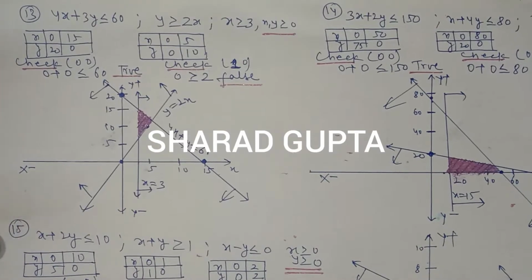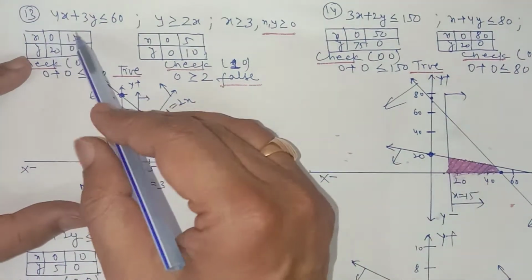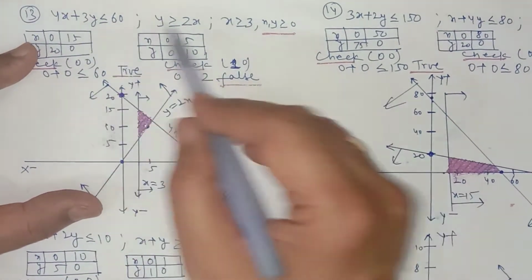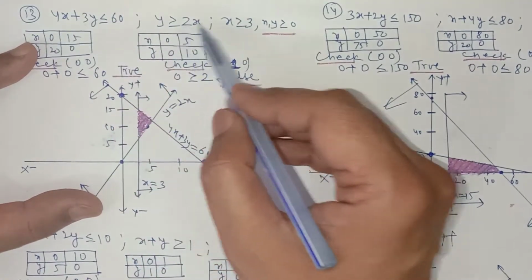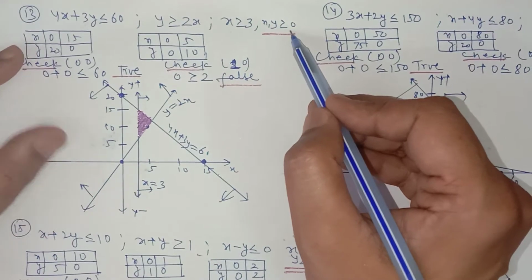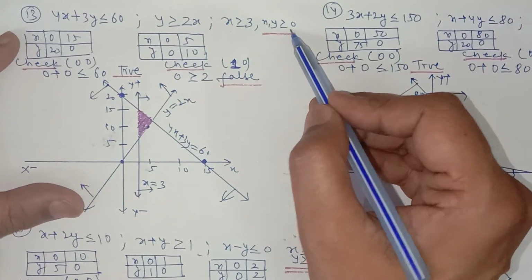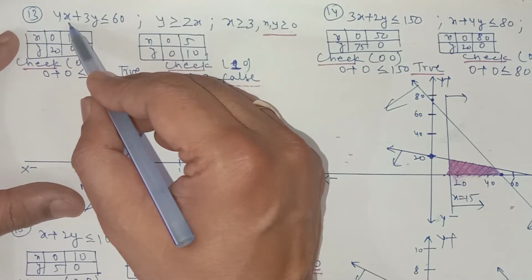The lecture number 7 for the chapter linear inequations for the class 11th, and we are discussing the graph of linear inequation, that is the exercise 6.3. Now in question number 13, the three equations are given and one condition is given. Now this is the equation, this is the equation, this is the equation, and it is given that x and y both greater than or equal to 0, as we have done in the last question also. Now again find the solution set of this.